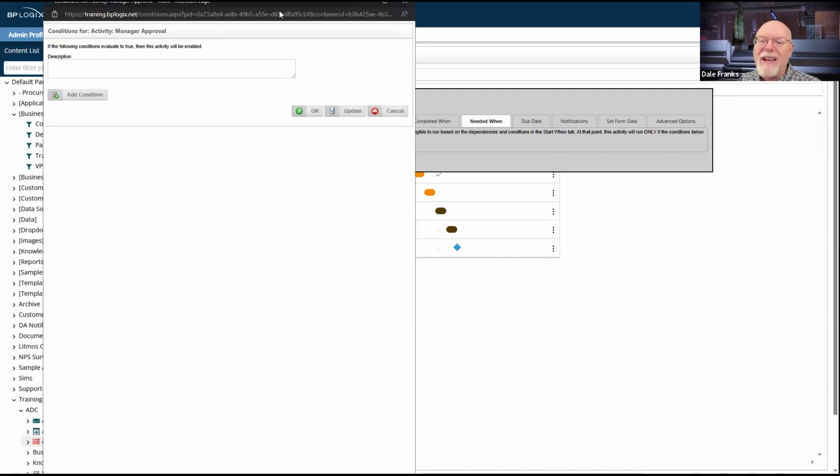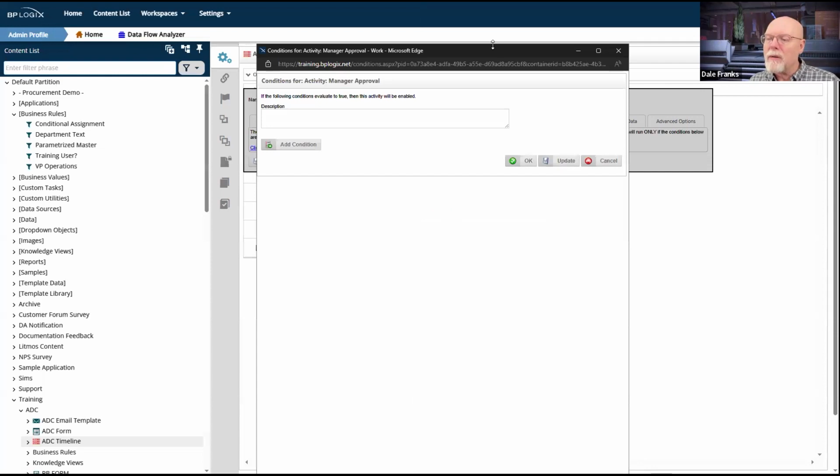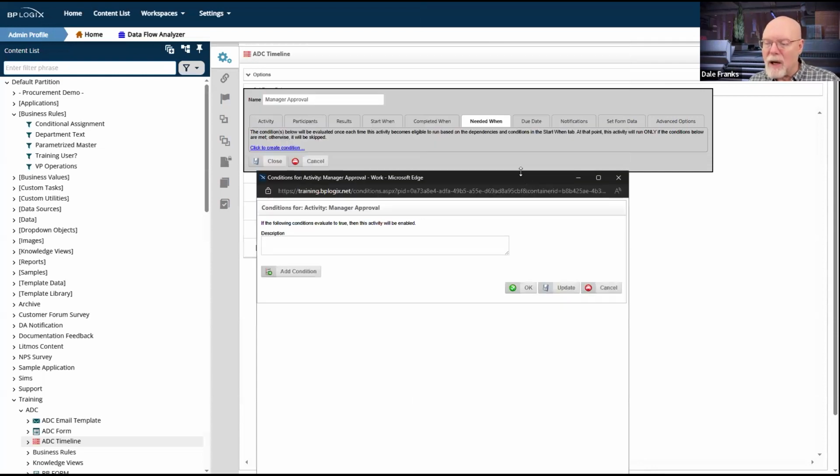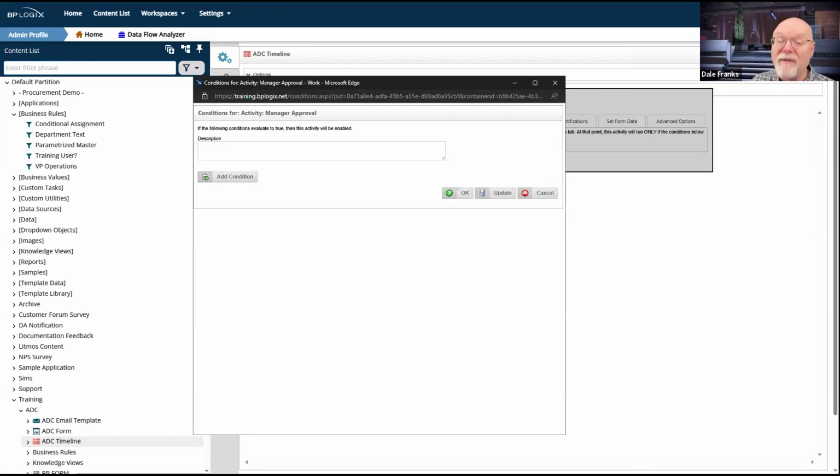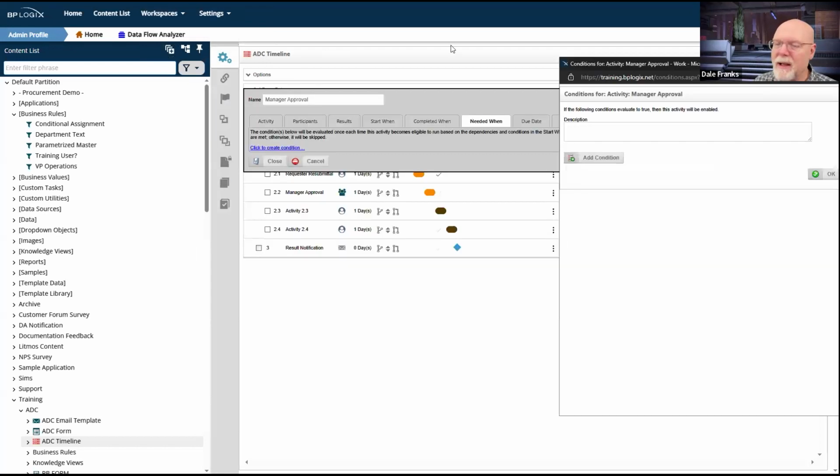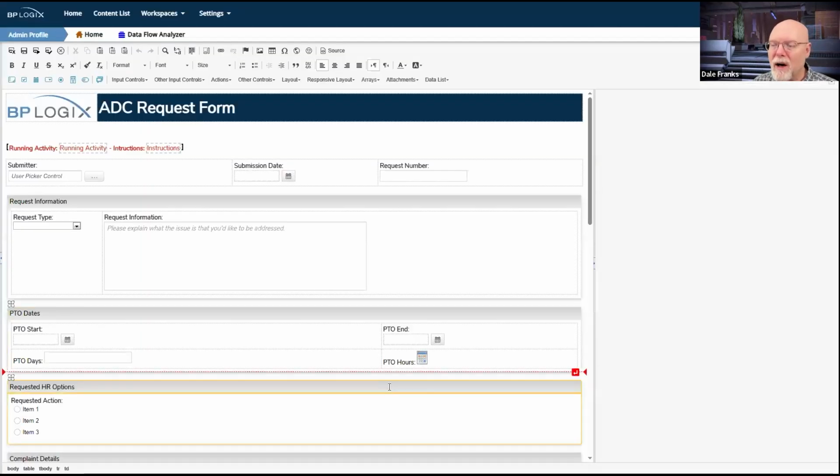So on my needed when condition, I don't want my manager sometimes to see this request. In fact, I explicitly, if we go back and look at the form, let me move this over so that I can click on it real quick once I cover it up with this.